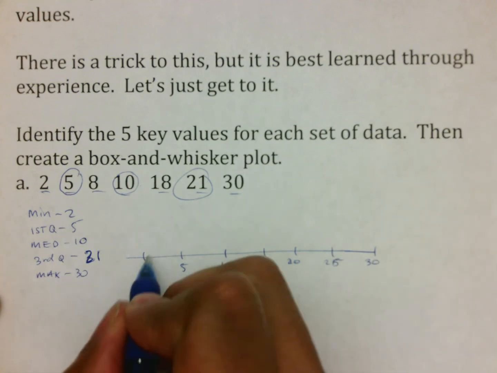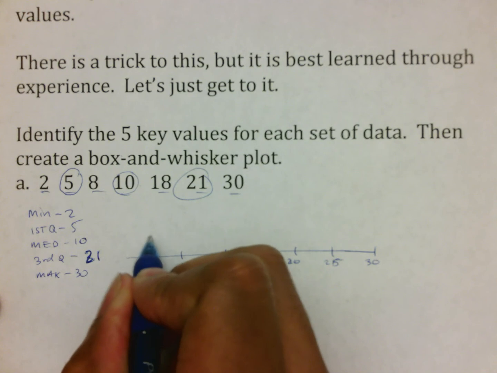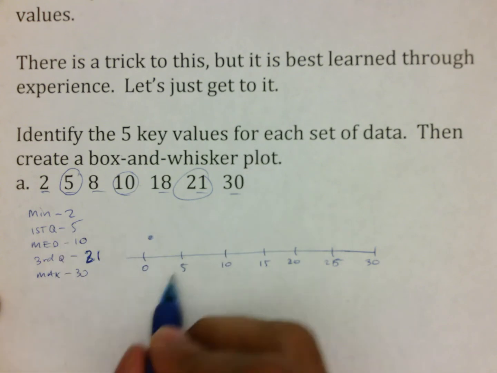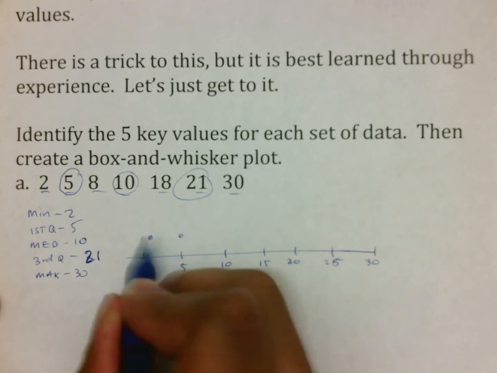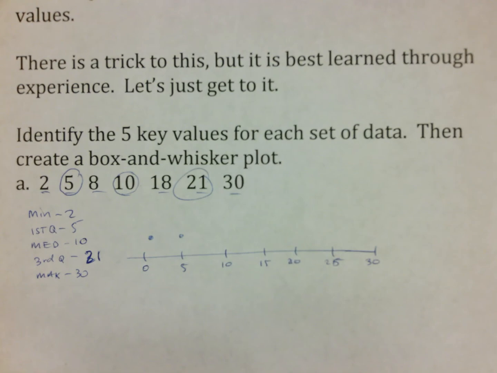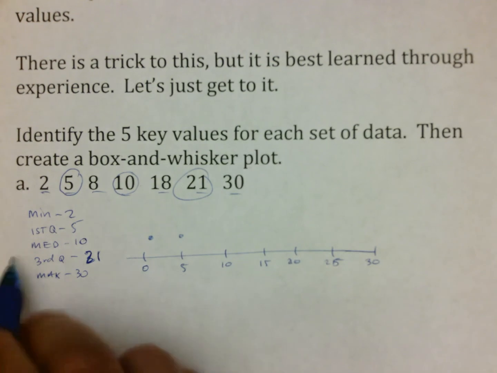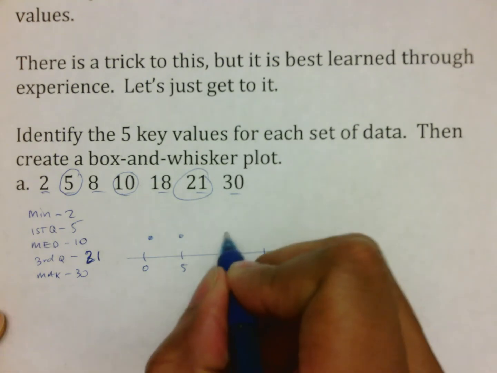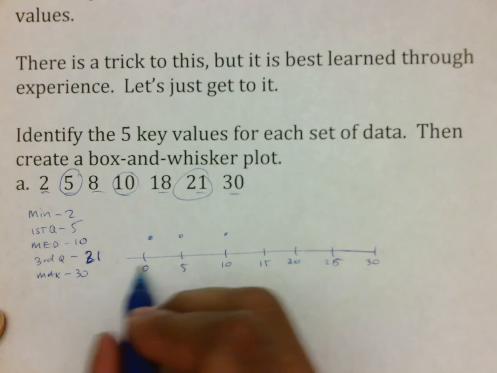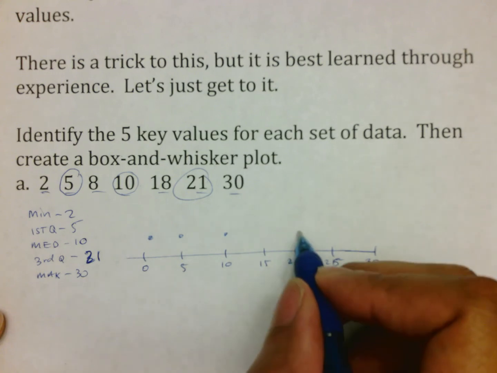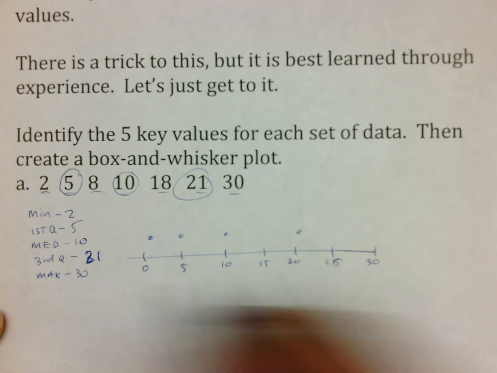Minimum is 2, so go to where about 2 is, which would be somewhere around here, and put a dot. First quartile is 5, so go above that, and you want them to go straight across when you do this. So first quartile is 5, so there's your dot. Median is 10, so it'd be somewhere around there. Third quartile is 21, so it'd be just slightly past 20, somewhere around there, and your max is 30,